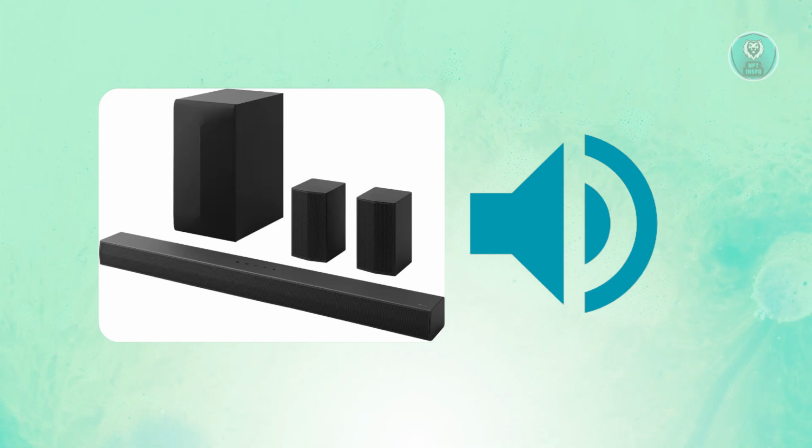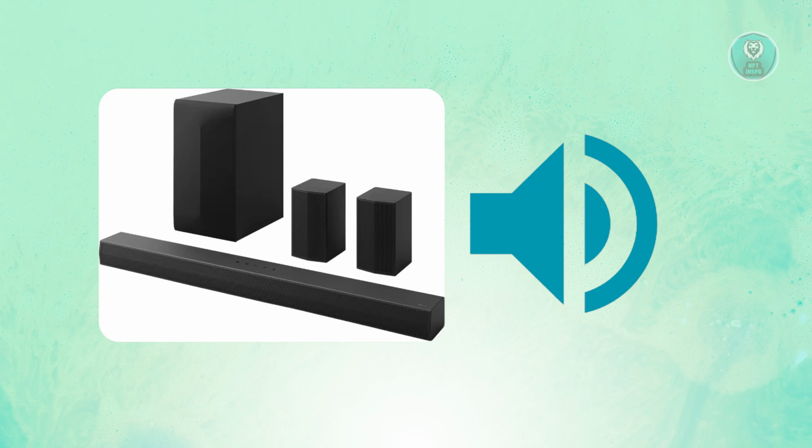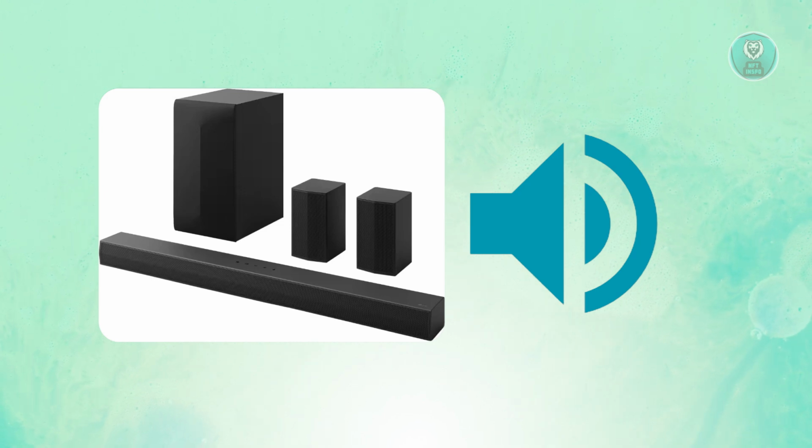And finally, adjust some sound settings here. So open the LG soundbar app and check and modify sound settings. Look for modes such as nighttime, which might reduce the sound volumes, increase the bass and surround sound levels as